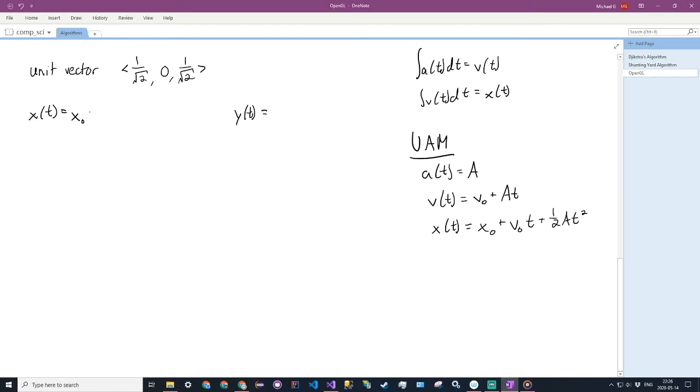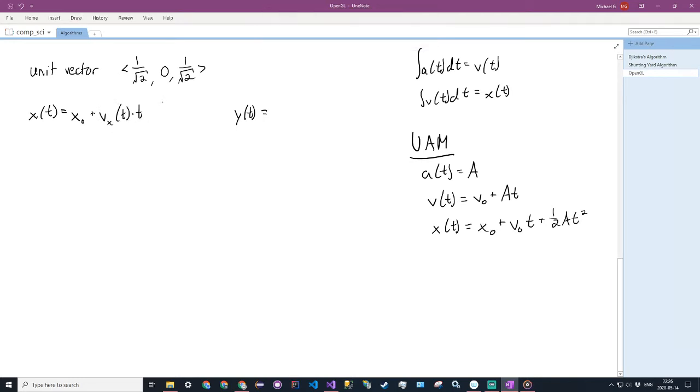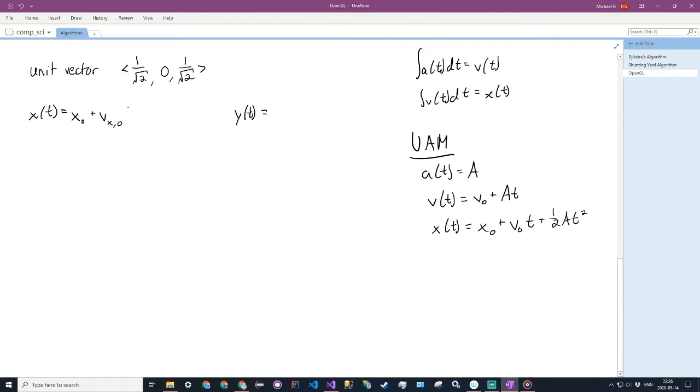So we can apply the x for this formula to the x here, and once again we're treating it as x and z, but it's going to be rotated. So v x of t times t plus 1/2 a t squared, or not vx of t, I just messed that up. Sorry. Vx naught times t plus 1/2 a t squared, where a is the